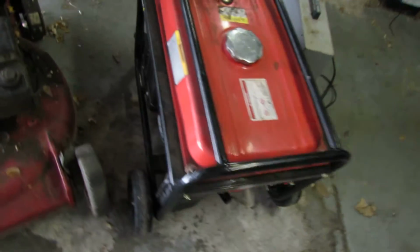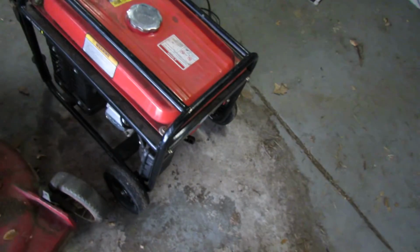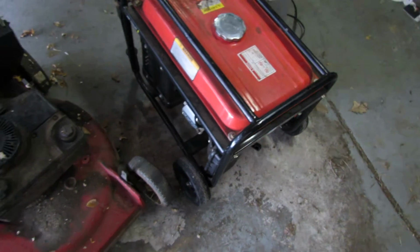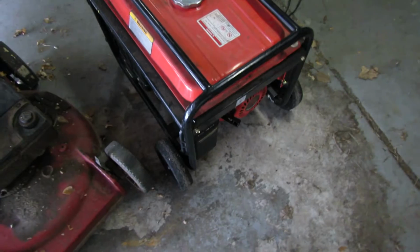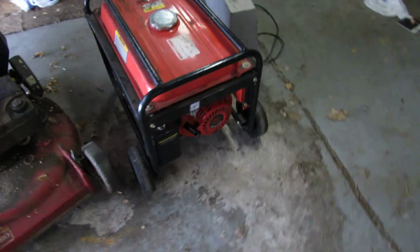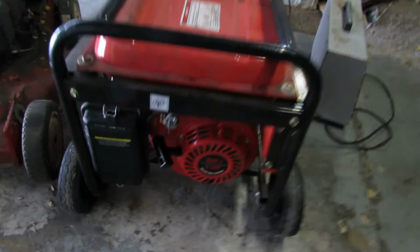It has a really high-end engine. It's a clone of a Honda GX200 engine. It's 196 cc, overhead valve design, 6.5 horsepower. You can look up the specs on it. It's a